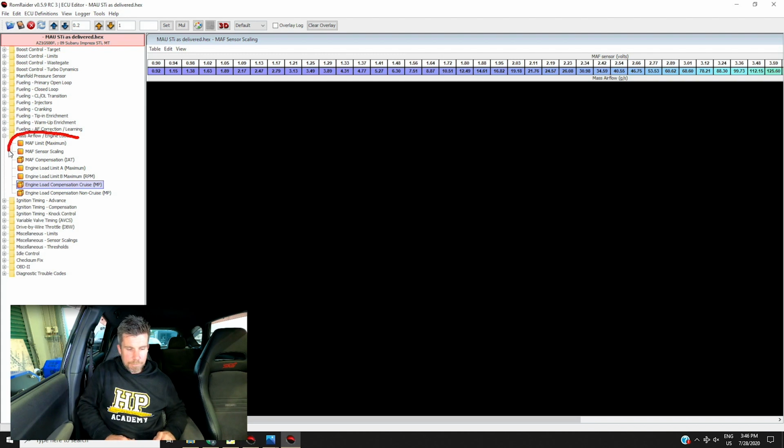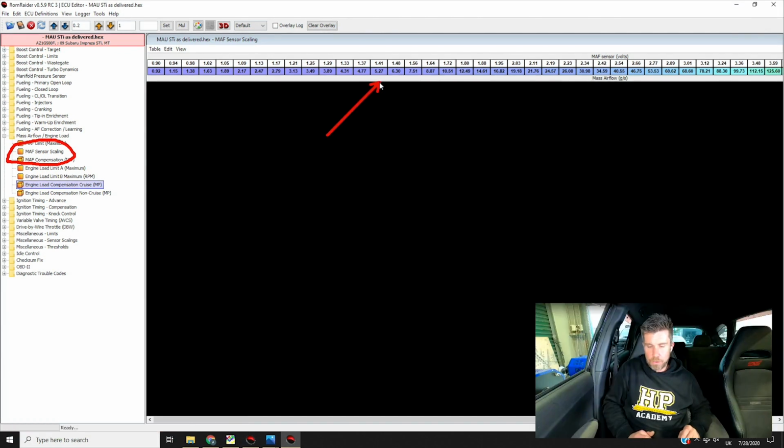So we've got our MAF sensor scaling here, which is being displayed up here already. All we've got here is our mass airflow sensor volts and the airflow, in this case metric grams per second. So obviously this straight away suggests that if we want to be able to rescale this, we need to be logging the mass airflow sensor voltage, because that is our breakpoint for this table. So that's going to give us a guide on what parameter we need to be logging there.